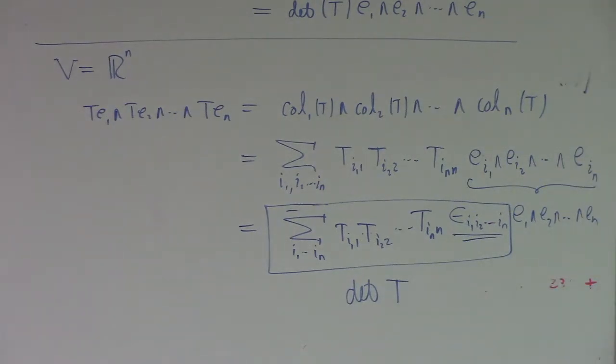And of course, if I was on an abstract vector space, I'd have to think about these being the abstract matrix with respect to the basis, but it's the same calculation. Now that's not what's interesting. That's just the definition of determinant as experienced in wedge products, although it is interesting because once you have this